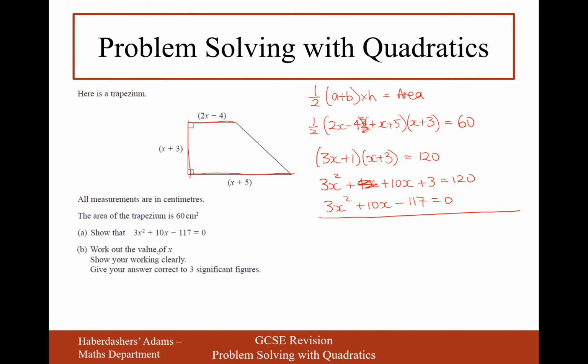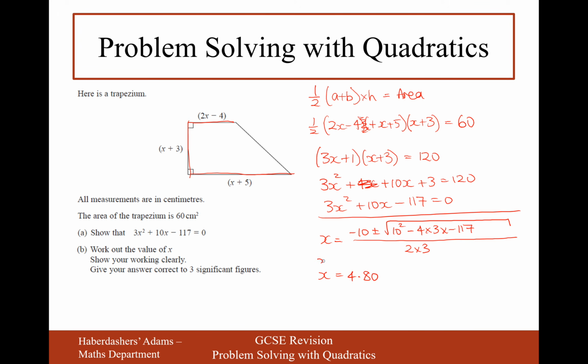And then part B is find the value of x. So let's substitute it into the quadratic formula. x equals minus 10 plus or minus the square root of 10 squared minus 4 times 3 times minus 117, all over 2 times 3. So typing it into the calculator now, fractions button, minus 10 plus square root 10 squared minus 4 times 3 times negative 117, all over 6. And that gives me an answer of